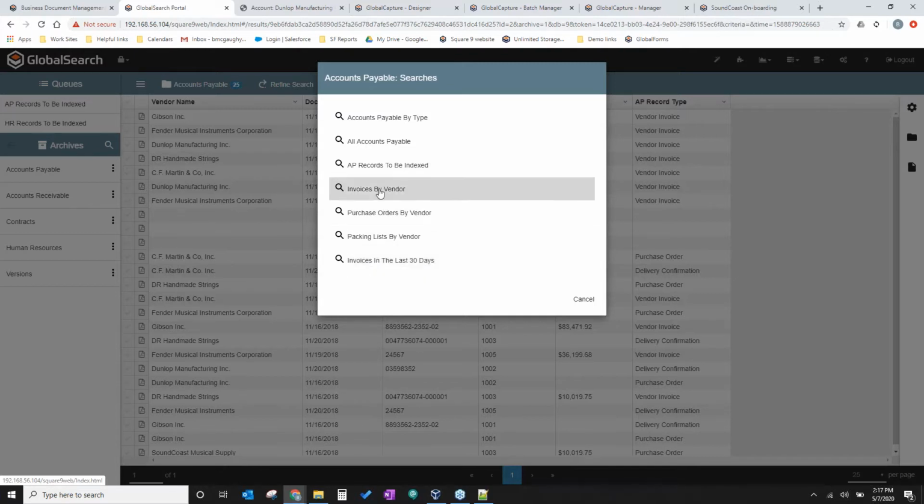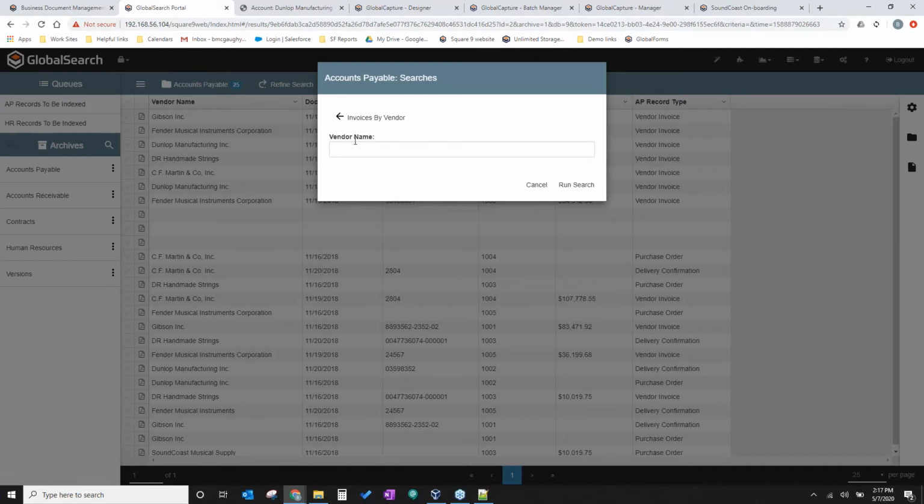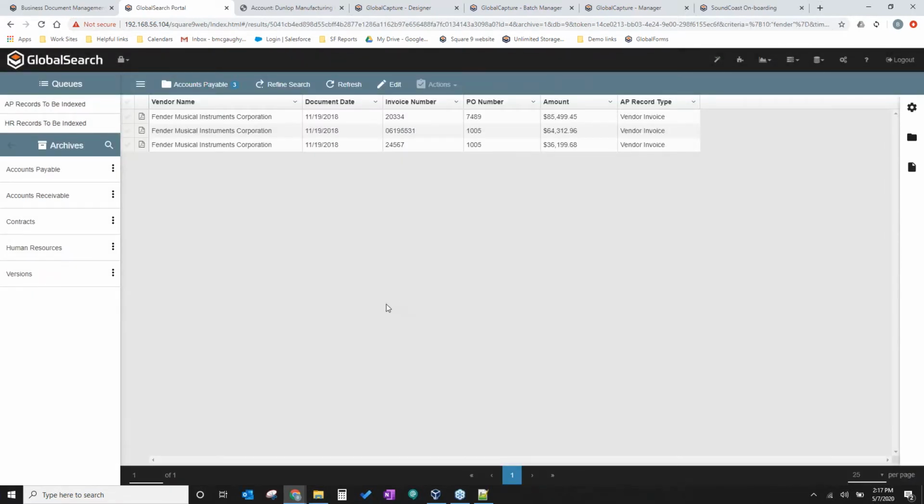We can also search by invoices by vendor or purchase orders, where if I just wanted to pull back those invoices from a vendor, I could run a quick search and pull just those invoices from that vendor. So we can narrow those searches down.